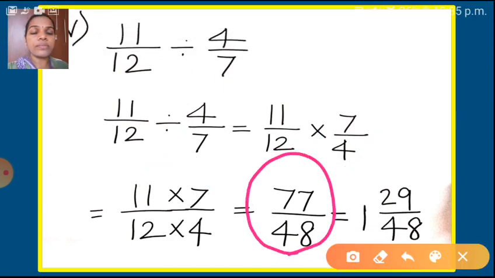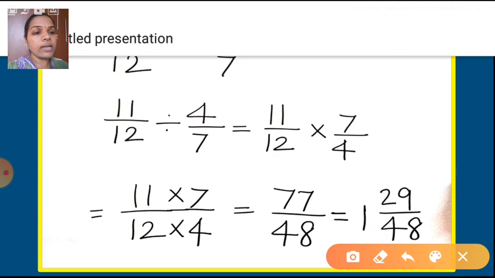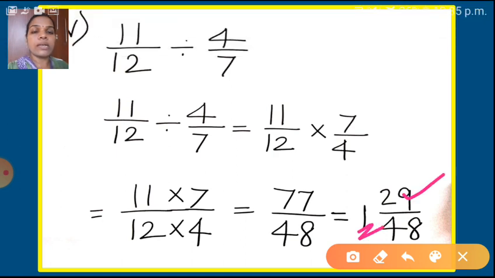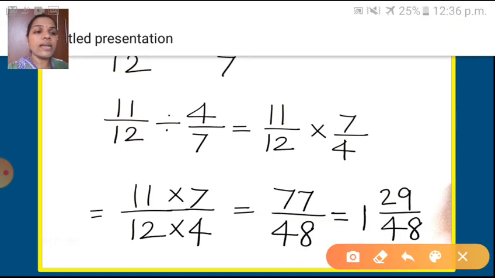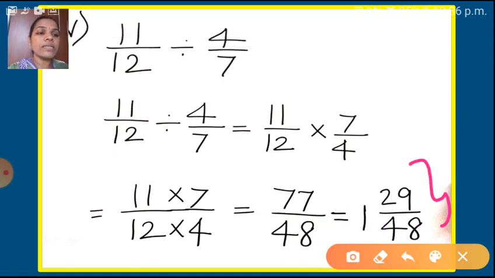So here which fraction did you get? Yes, you got an improper fraction. So you have to convert it into what? Yes, a mixed number. Okay. So in 77, how many 48s are there? 1 times 48. So that 1 I have written here, and this remainder, that means 29, I have written here in the numerator place upon this divisor, which will come as the denominator. So what is your final answer? Yes, that is 1 29 upon 48. Understood, children? Yes. Shall I go to next?